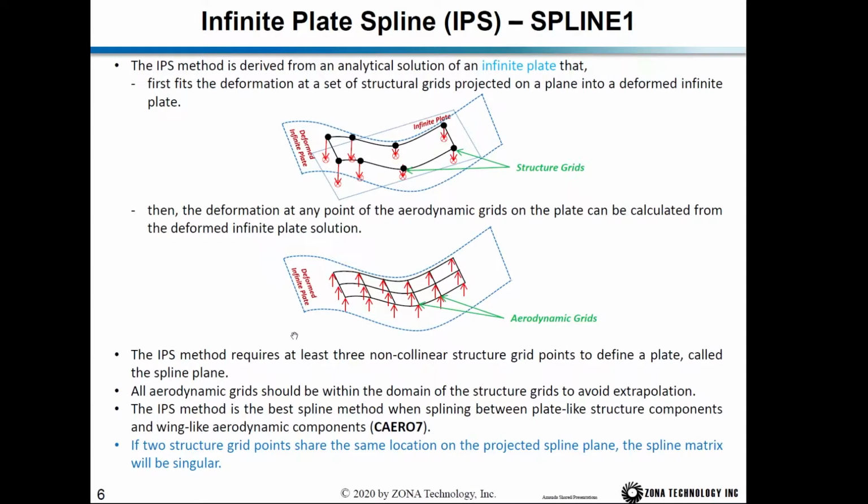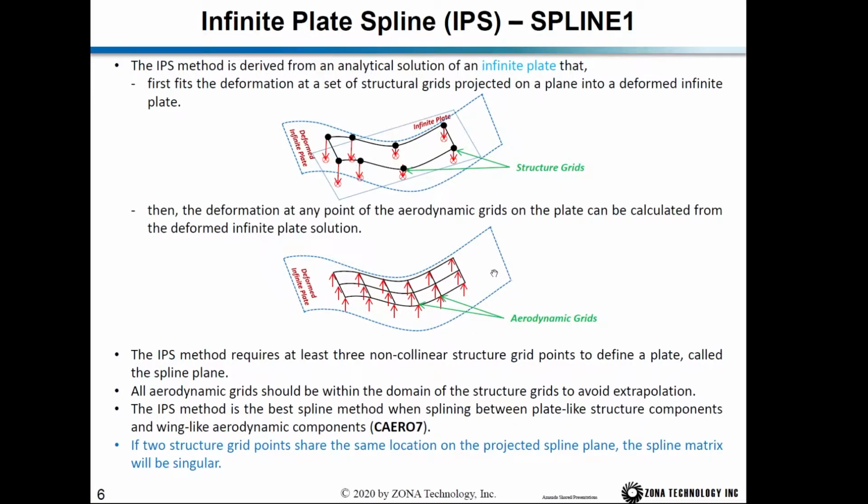Because we need to define a spline plane, and the IPS method requires at least 3 non-collinear structural grid points to define a plane called the spline plane. And all the aerodynamic grids should be within the domain of the structural grid to avoid extrapolation, because the IPS method